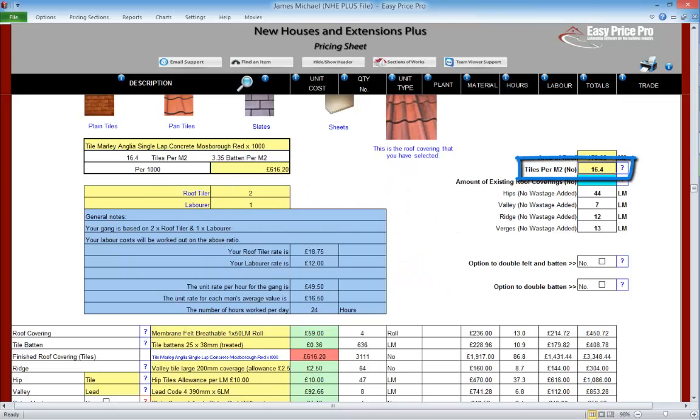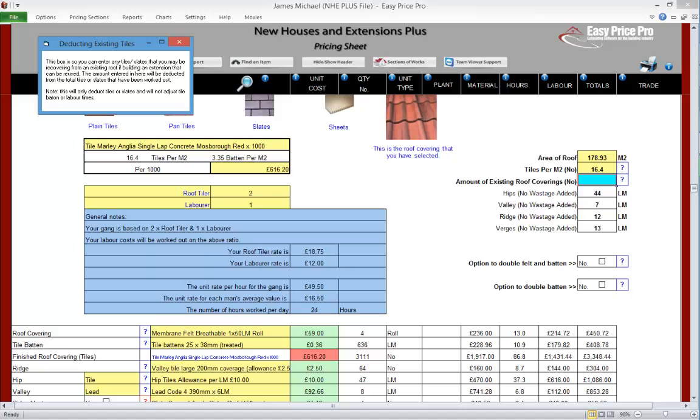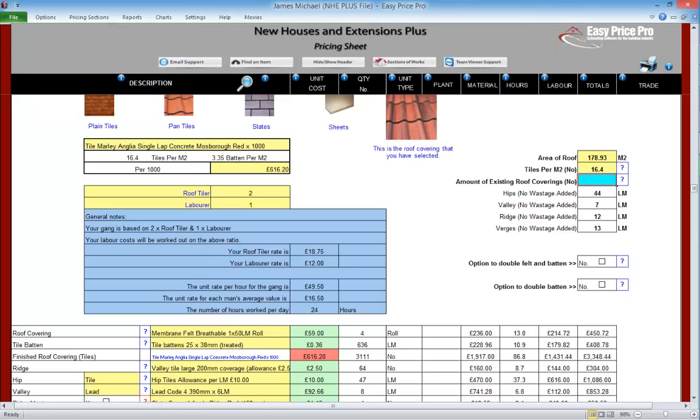The number of coverings per square metre is here. The programme's automatically filled this in for us by using the information from the pan tile we've selected. We do have a blue box. If we're doing a job that involves reusing existing tiles, we would just enter the quantity of tiles that we would be reusing in here. The programme would then deduct this number of tiles from the quantity that needed to be purchased. The labour costs and hours wouldn't adjust, as the programme knows that these existing tiles still need to be fitted